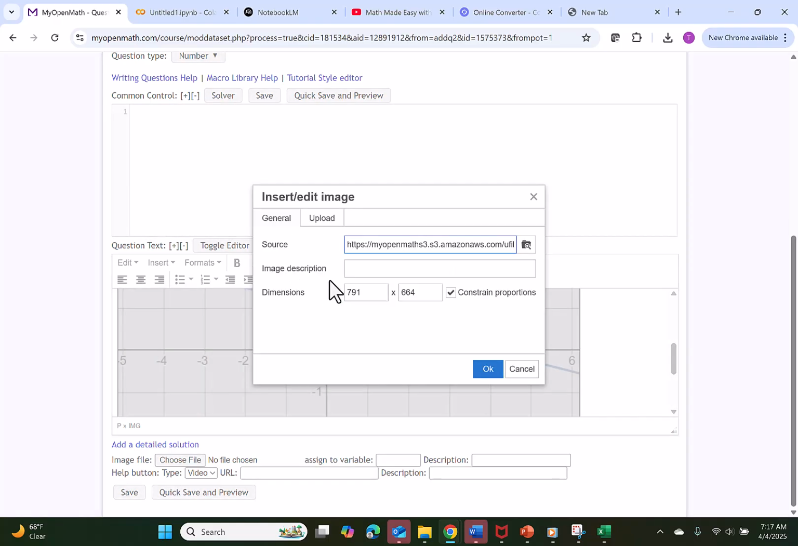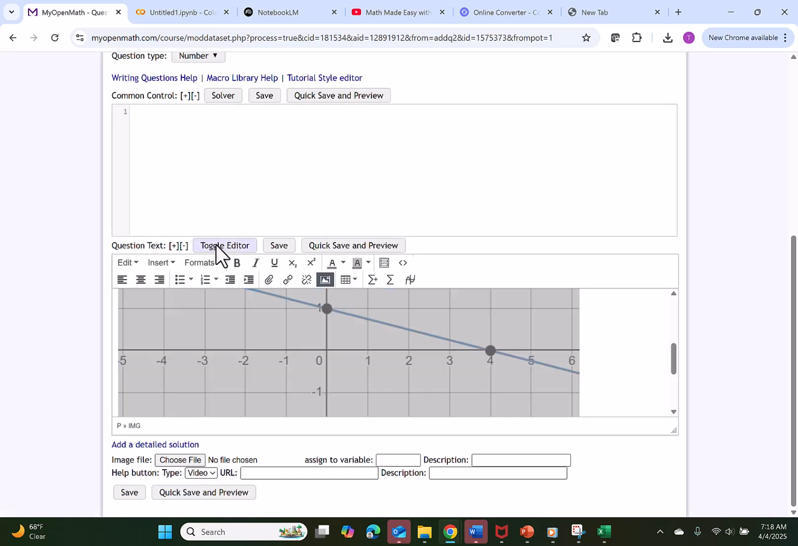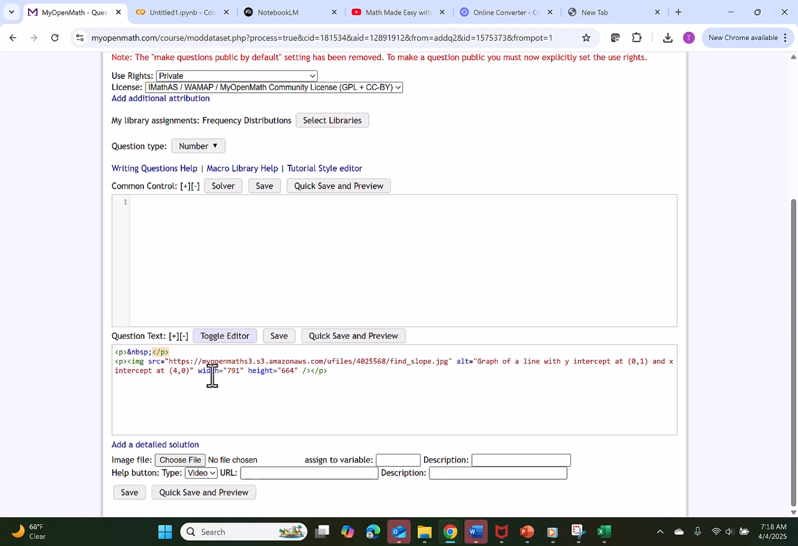So let's go back to edit the image and let's add that description. Let's click OK. Now if I toggle the editor back, you can see that it has my file and it also has the alt text. So I can tell that a screen reader is going to be able to read this, which makes the problem accessible for students. Of course, you'll finish up the problem, you'll put in the question and the answers, but I